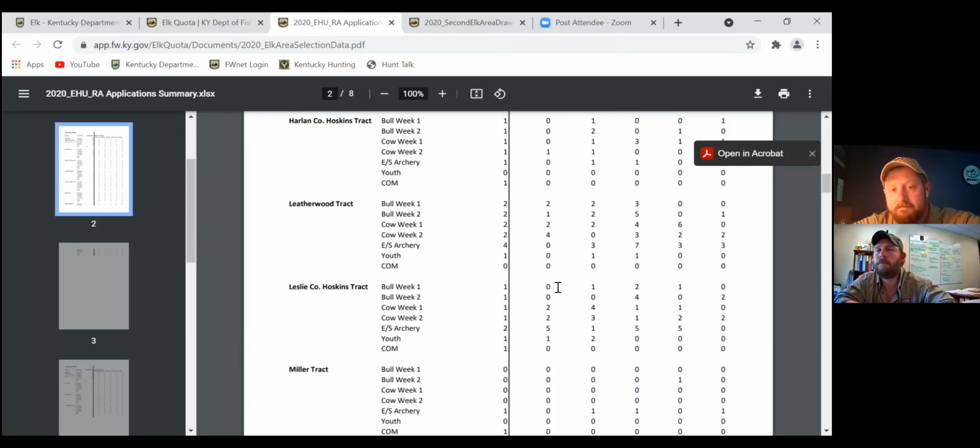There's generally spots that open up. Most often they open up either a day or two before season or a day or two after season has opened. And the way it works is they just release their spot, say they didn't hunt it or whatever it may be. Or they might even kill an elk elsewhere. If they kill an elk on that property, say Leatherwood, bull firearm week 1, there's 2 spots